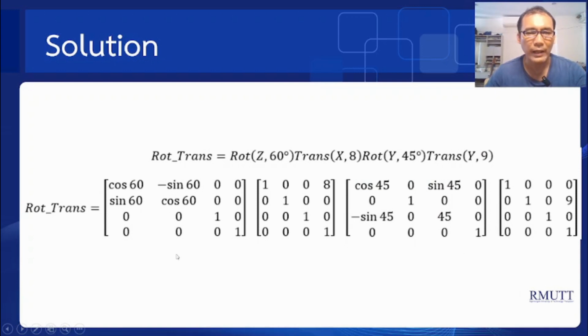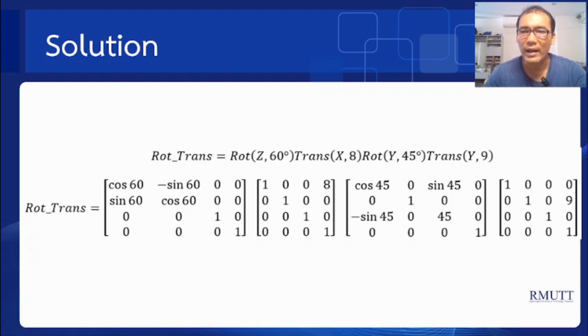And then we can put in all those values. Here for rotation about the z-axis by 60 degrees, the matrix will be like this. And then for the translation along the x-axis, this is the matrix, and this is the matrix of rotation about the y-axis by 45 degrees, and the last is